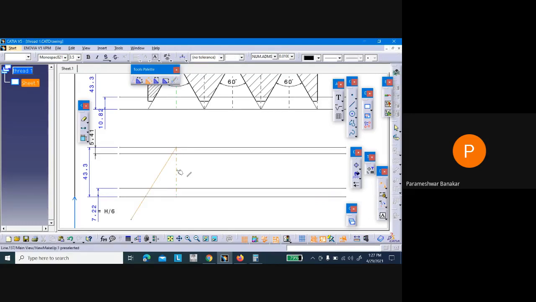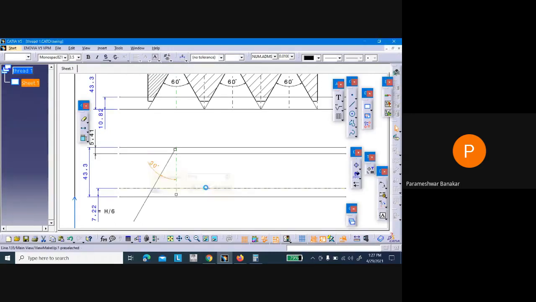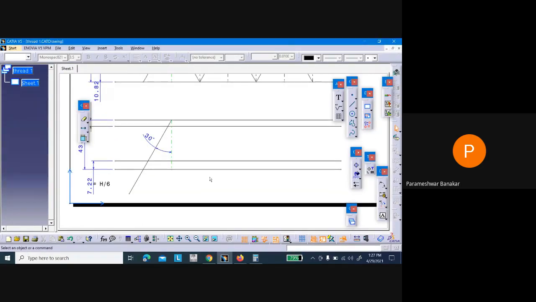First we will create half of the thread. So 32 is there, you make it as 30, give OK. Now trim this extended part which is not required. Then go to dimension, select this and this, it's already there, 25, right?